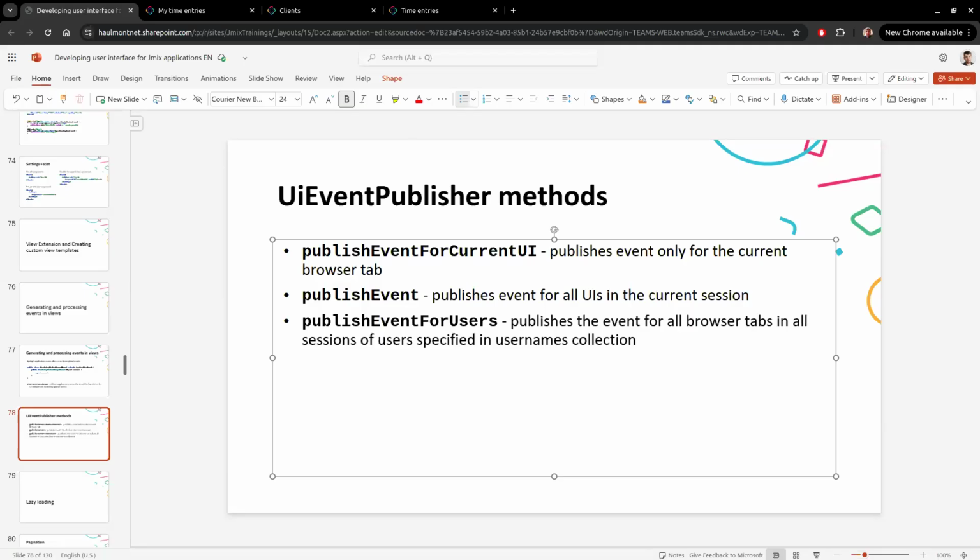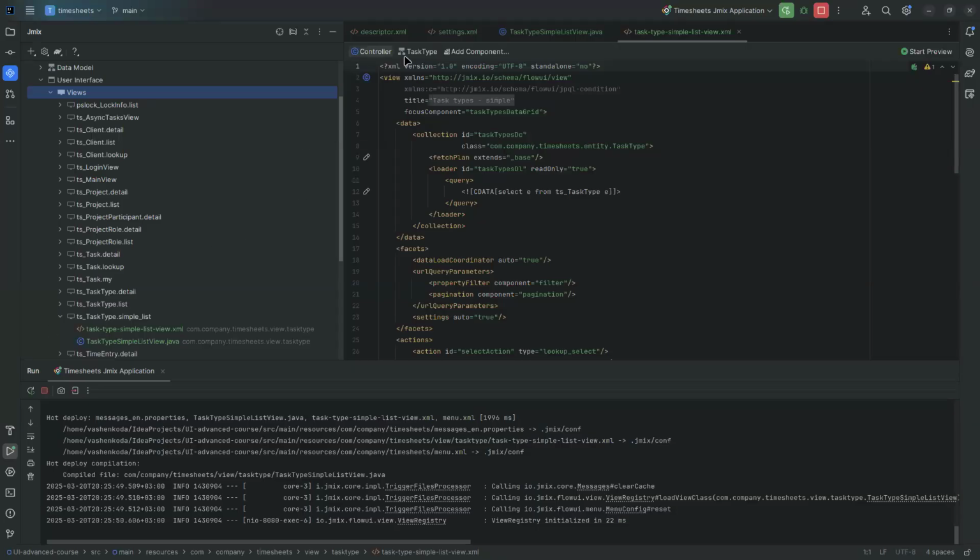We are going to check the change type, and if the change type is not deleted and the status was changed for the time entry, then we are going to publish the global event, and if it is deleted, we will publish the global event as well. And we are going to listen to this particular event in the application, I mean in the